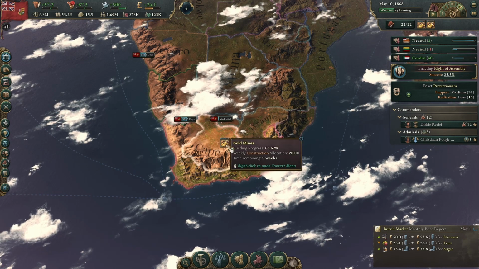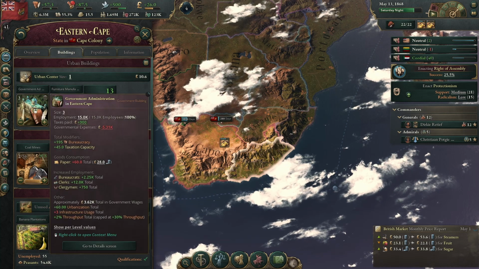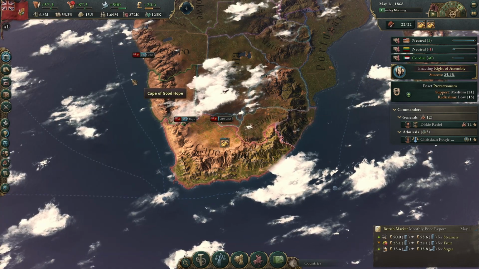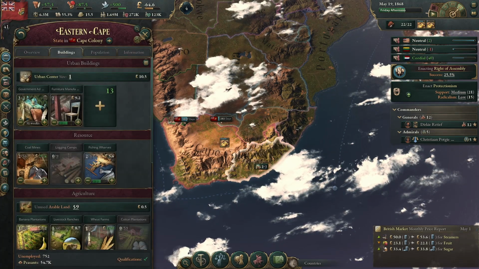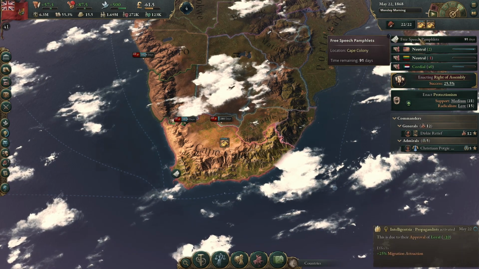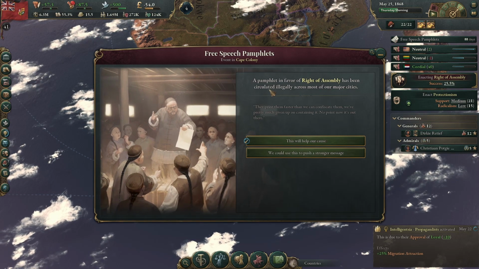So, we got 5 weeks on the first gold mine. We upgraded the government administration, but it's going down pretty quick because of the growing populations. So honestly, we're going to pop this up one more time, and we'll see if that ticks. It did not. But we did get, I think this will be a good